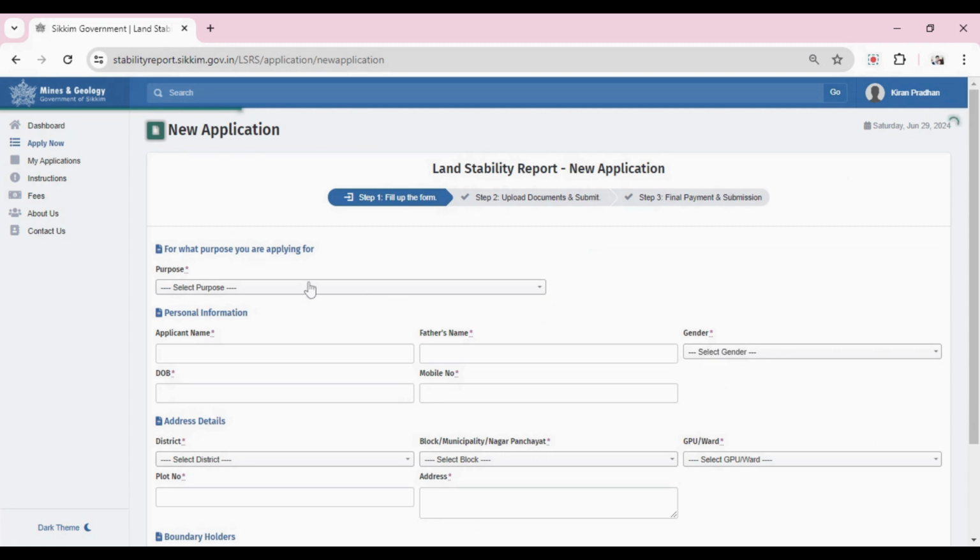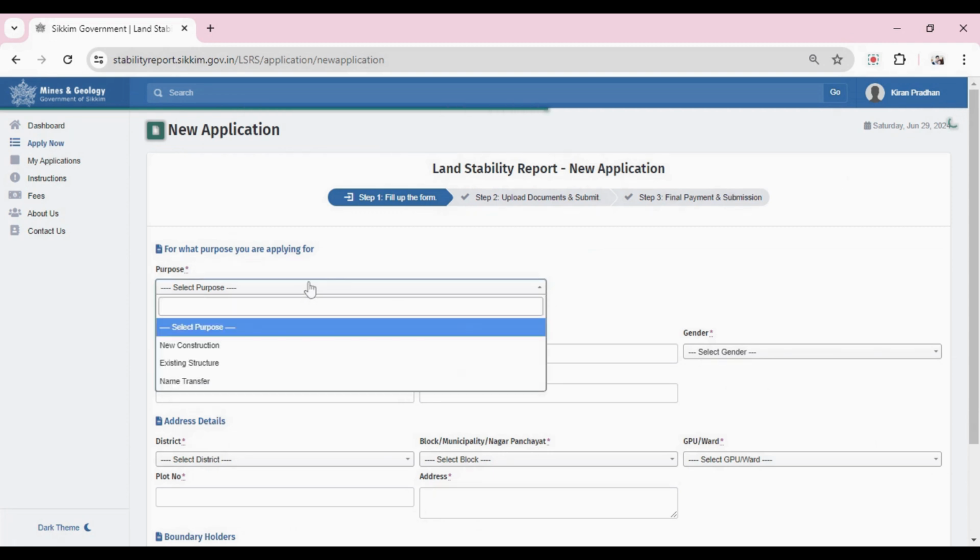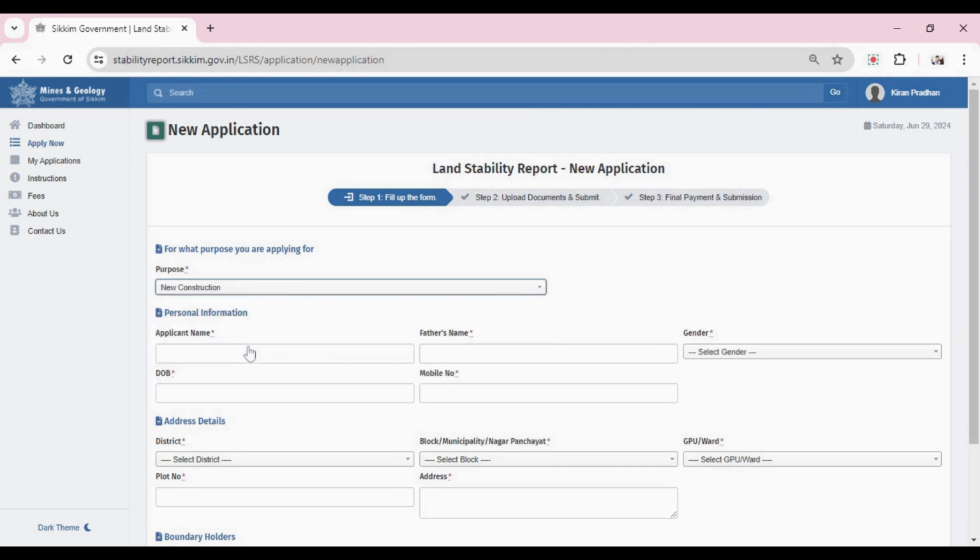You will be directed to the Form Fill-up section. Here, start by selecting the purpose of your application from the drop-down menu. Options include New Construction, Existing Construction, Name Transfer. Choose the required option. Next, fill in your personal details. Enter the applicant's name,